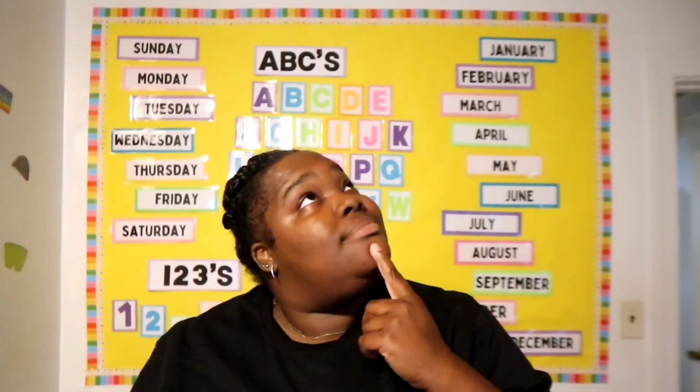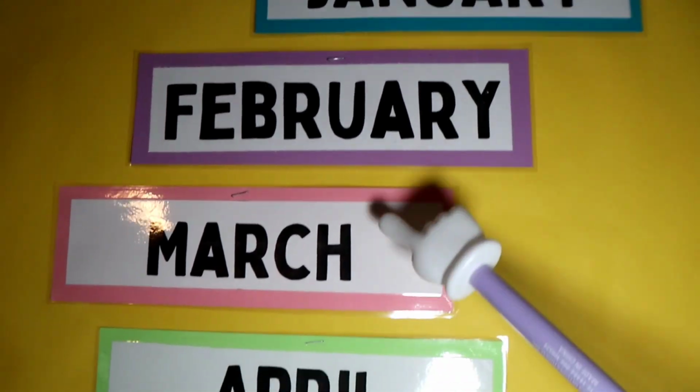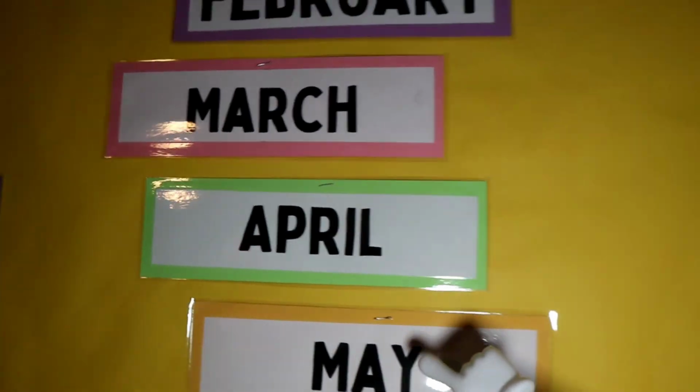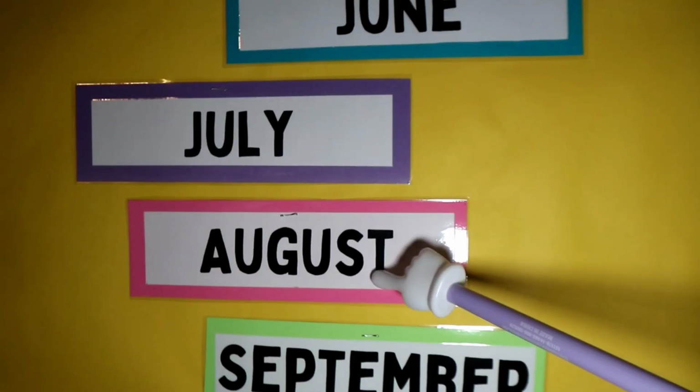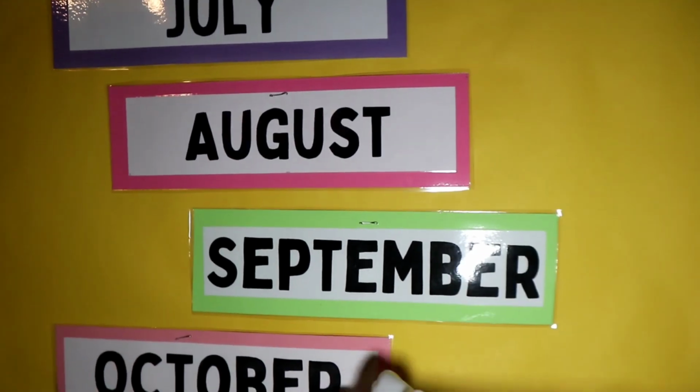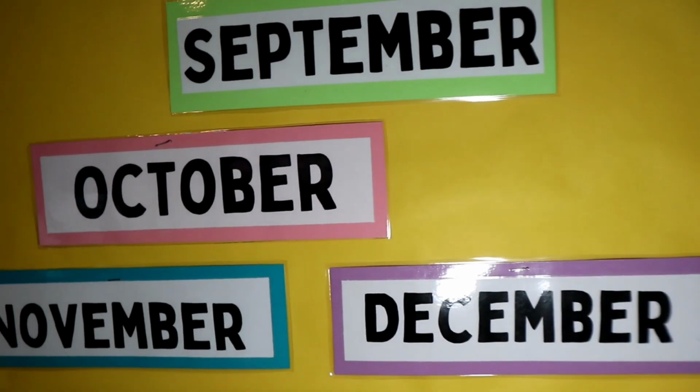Now, we're going to move on to our months of the year. Do you know how many there are? 6. No, silly, it's 12. Let's get to know them. We've got January, February, March, April, May, June, July, August, September, October, November, and December. Alrighty, friends, now that I know that you know your months of the year, are you ready to help me sing the song? Let's get started.